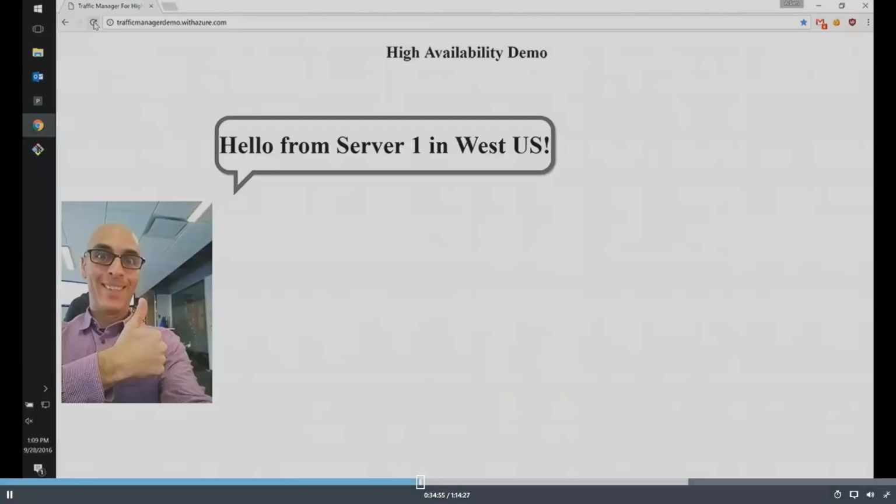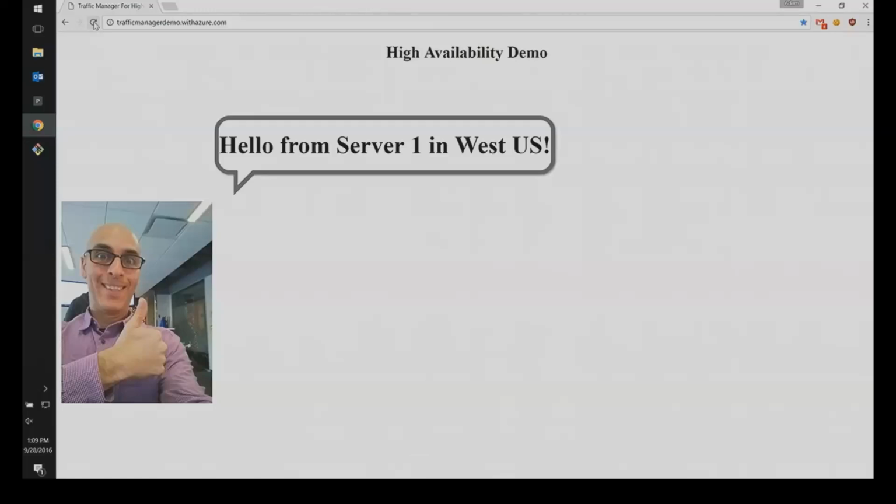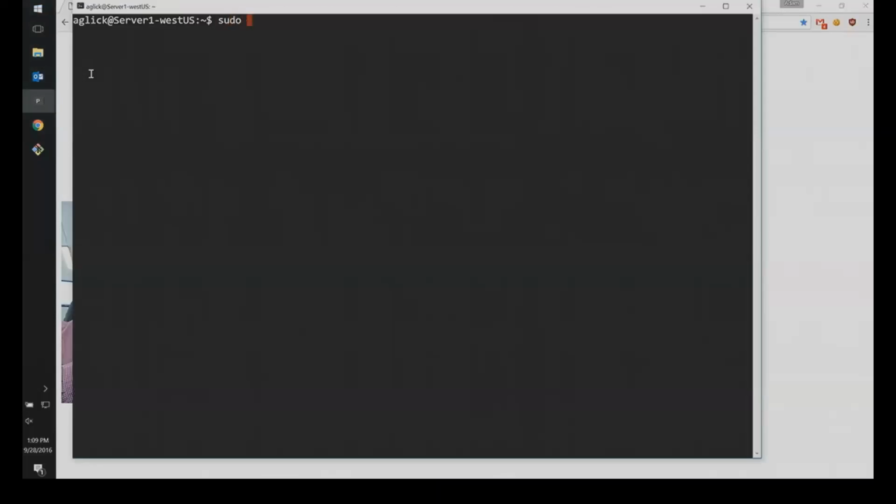So what happens if a server fails? Well, I get to do here what I always would want to do in production but never would, which is I'm going to go in, and these happen to be running on Linux, but it'd be just as true if you're running IIS. And Nginx is the web server that I'm using here. So I'm going to kill the web server, which is oddly satisfying, I do have to tell you. So you kill the web server, it's dead. So now what happens?